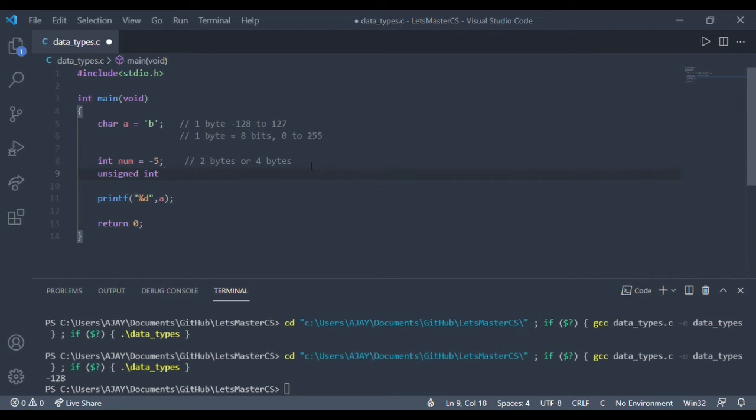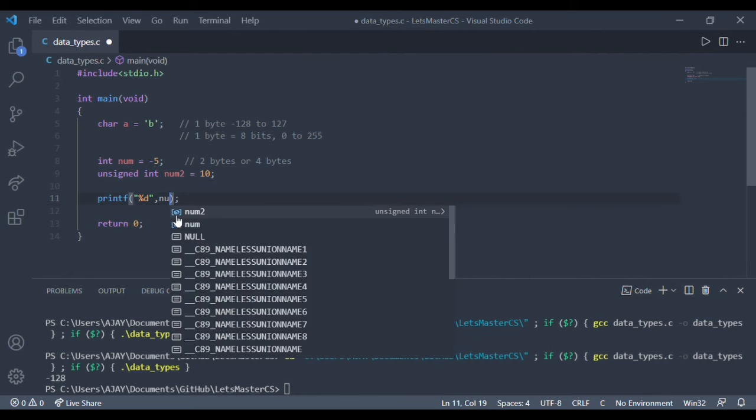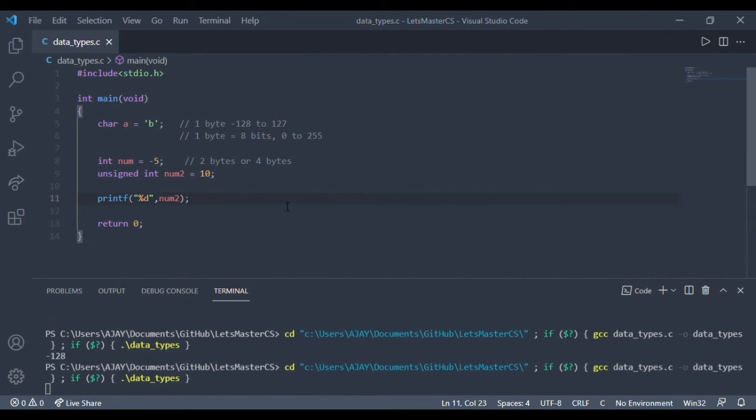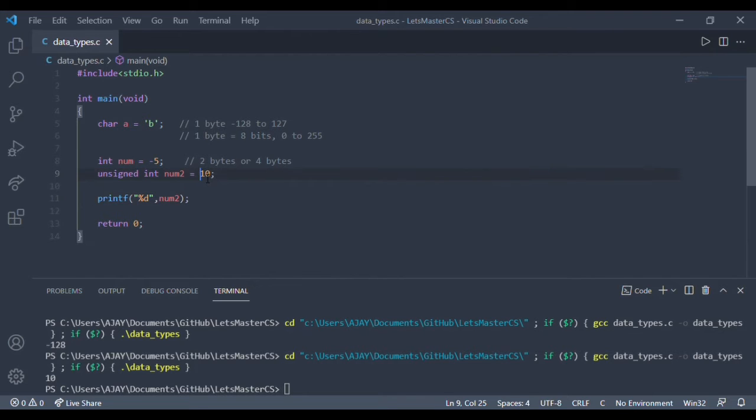Similarly, if you go beyond the range of integers, it will just roll back to a negative number. So now we will create an unsigned integer. Here values can only be positive. It is also the same as integer, 2 bytes or 4 bytes. Just the range has been changed to positive. So we will be getting almost double the amount.